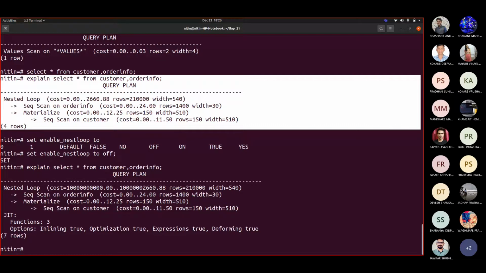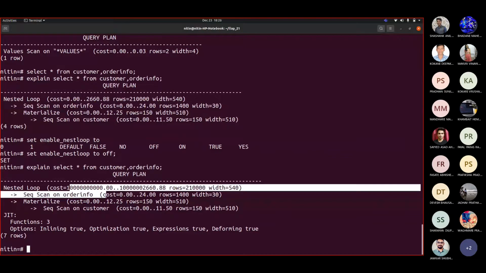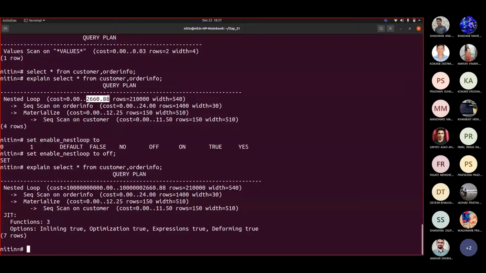So you will always see that the cost is shown in a somewhat different way. Correct. Now if you see here, our number was 2660.88. It was kept as it is. The only thing is that this is added there, and to make it those many digits, zeros are added with this one.